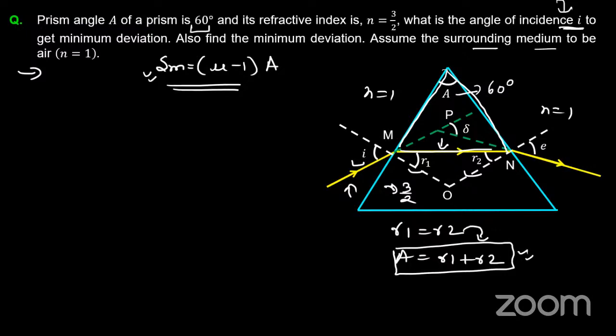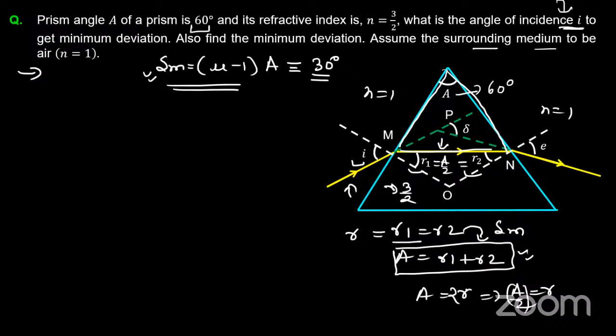Again, due to the angle of minimum deviation, R1 equals R2. So suppose I take this as a common value because they are both the same. So it will be 2R. So angle of prism by 2, I'll get R here. Okay, very good. So you got the angle of deviation. Sneha got the angle of deviation as 30 degrees by solving. Cool. So once you get the R value, which is nothing but A by 2, and same here A by 2.